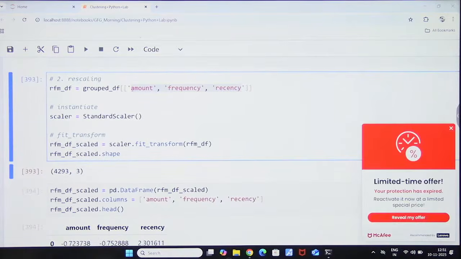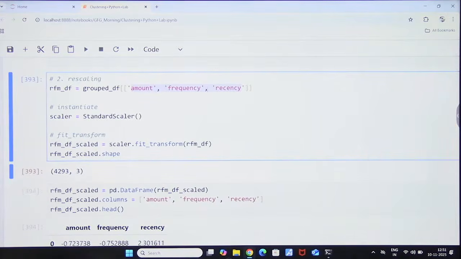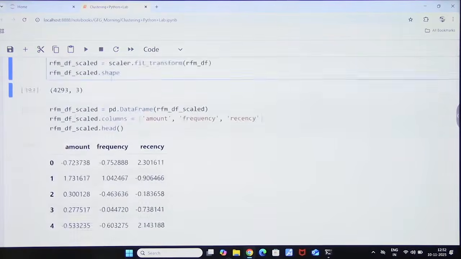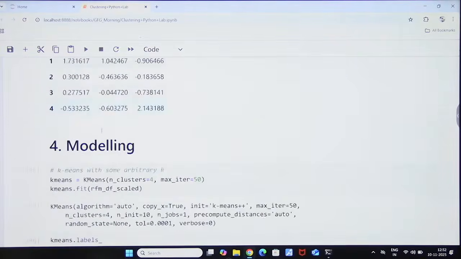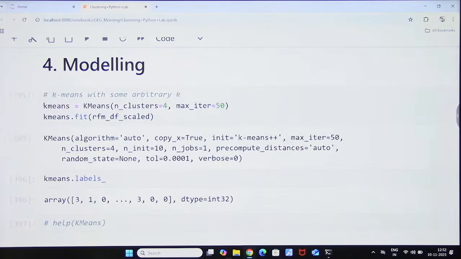This is a non-labeled data set. Okay, we haven't labeled it. It is an unlabeled data set. We haven't specified who has bought, what is the name, from which country he belongs, nothing, कुछ भी नहीं हमने किया। हमने सिर्फ देखा कितना amount buy किया है, कितनी बार आया है और last कब आया था, बस हमने सिर्फ ये देखा। अब वो वर्मा जी आए लेने, शर्मा जी आए, मेरे को कोई मतलब नहीं है। ओके, तो this is what an unsupervised learning and unlabeled data set is, ठीक है। तो अब यहाँ पर this is after scaling. अब हम क्या करेंगे, I would be actually using the K-means clustering,